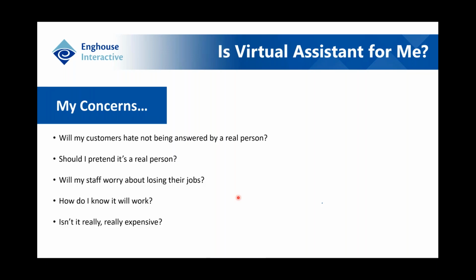Now, these are the concerns that we hear about AI or bots or virtual assistants. So will my customers hate not being answered by a real person? Should I pretend it's a real person? Will my staff worry about losing their jobs? It's a really well-known one. How do I know it'll work? Is it really expensive? A lot of people think this is really expensive. So just to answer those briefly,